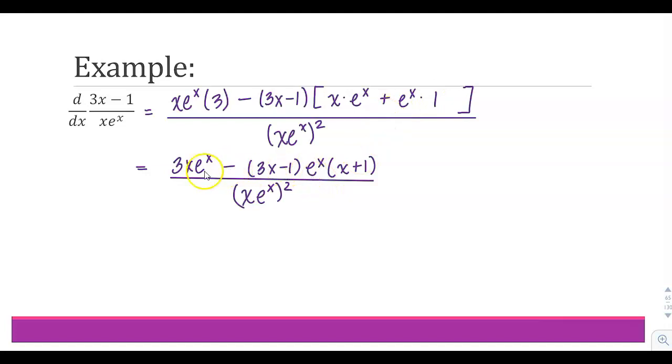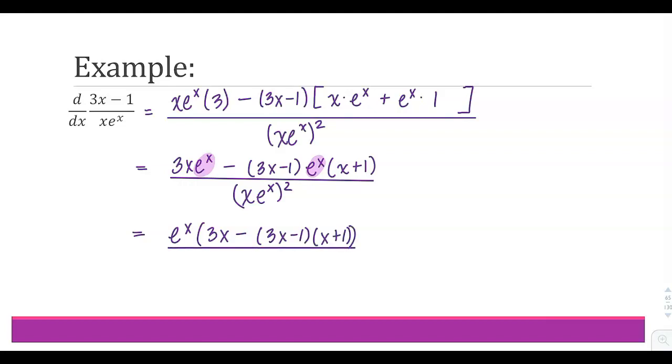And I can go a little bit further. So now I have two terms. This is all one term, and this is all one term over here, right? Terms are separated by addition or subtraction. And I can factor out an e to the x. So I'll factor out an e to the x, and I have 3x minus 3x minus 1 times x plus 1,